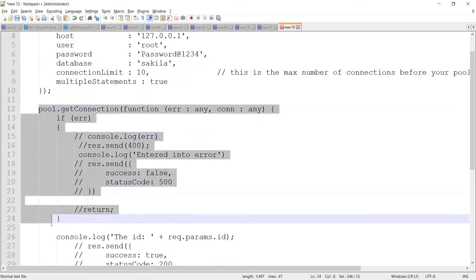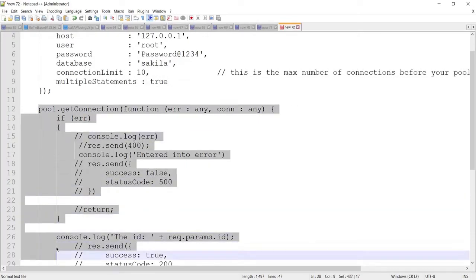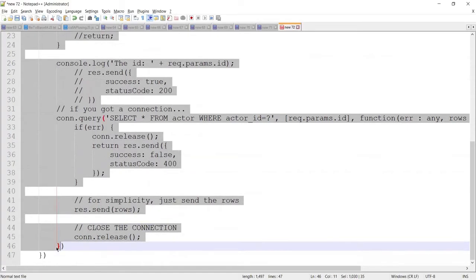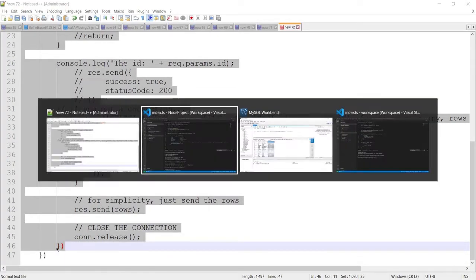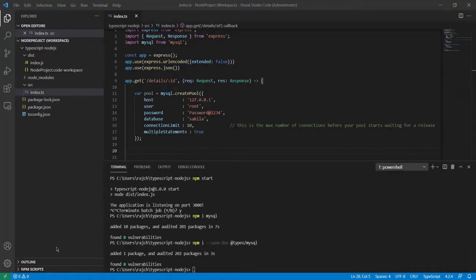So I will copy this, and now I will use it here.